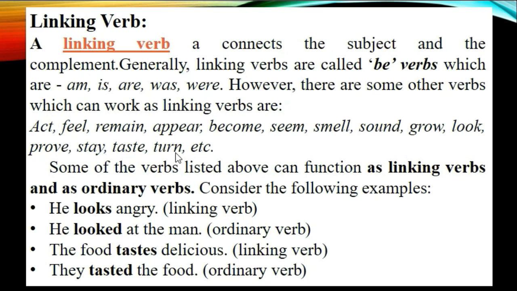These other verbs can function as linking verbs as well as ordinary verbs in a sentence. See this example. He looks angry: linking verb. He looked at the man: ordinary verb. The food tastes delicious: linking verb. They tasted the food: